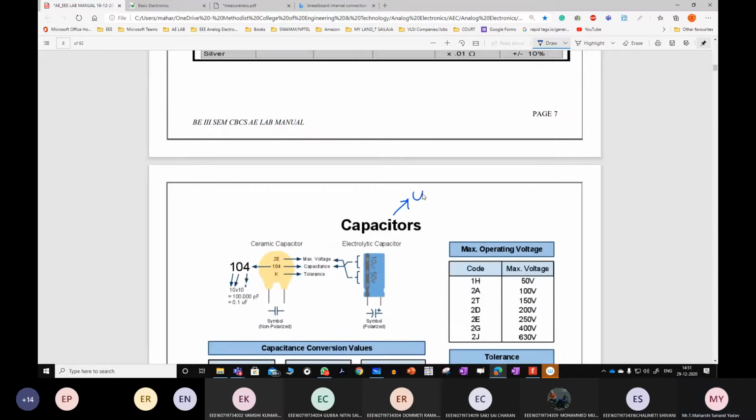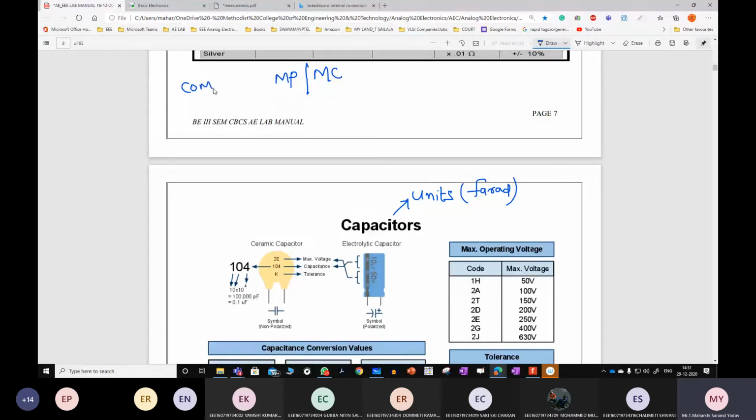What are the units for capacitance? Farads. Microcontrollers are also ICs, sir. Yes, microcontrollers are also ICs. Actually, there are 2 types, microprocessors and microcontrollers. Now I'm teaching you from a computer, right? Am I using a microprocessor or a microcontroller? Microprocessor. In your mobile, is it a controller or processor? Processor. Sir, what is the difference between these 2?